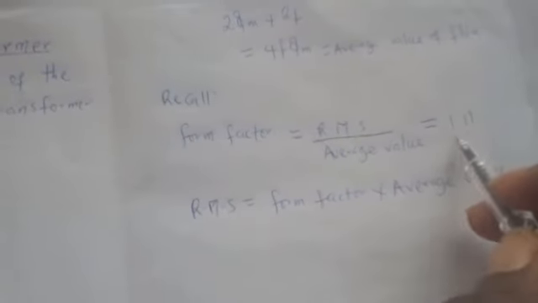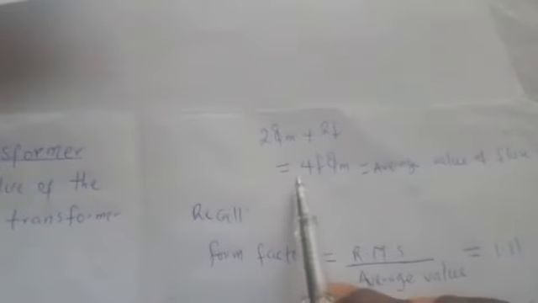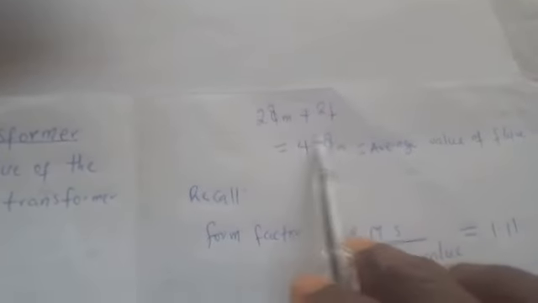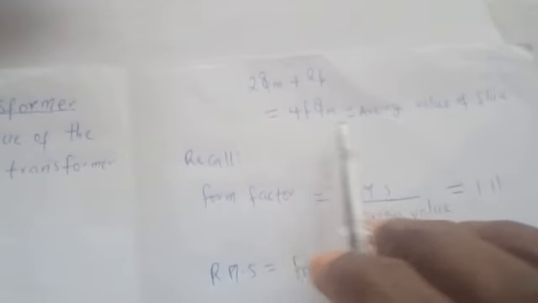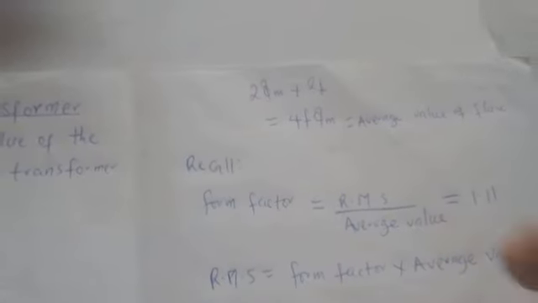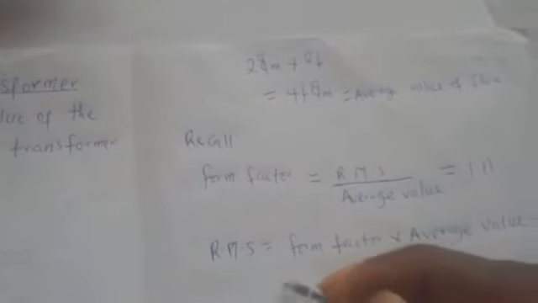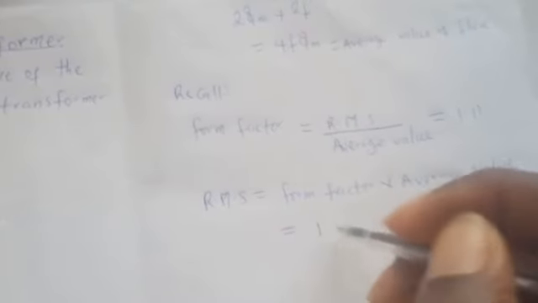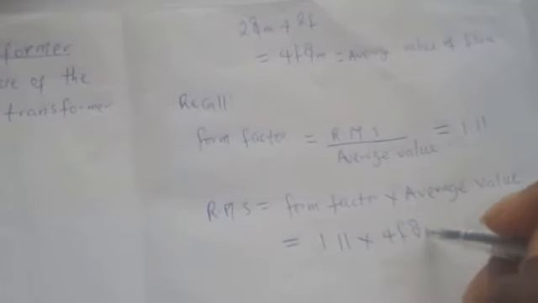The form factor is 1.11, and the average value is what I have here, 4 multiplied by the frequency multiplied by phi maximum. So I'm going to have 1.11 multiplied by 4 times this times this. Now I will have 4.44